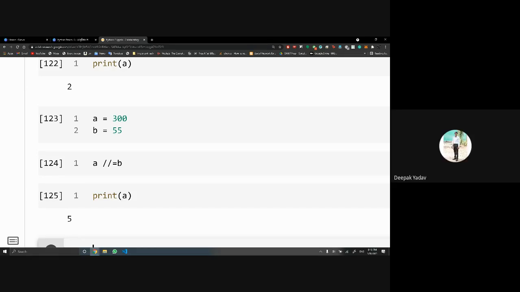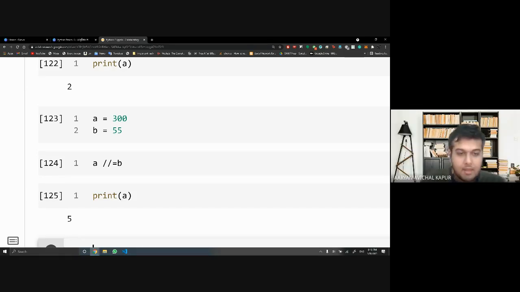Okay, sir. Correct. And I think Priyam has put in the quotient method. That is also a very good way to understand it. It is simply when I divide A by B and I remove the decimal part.